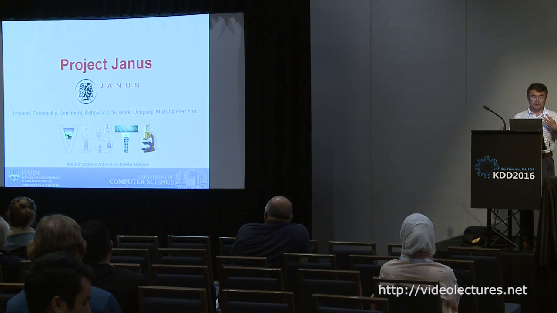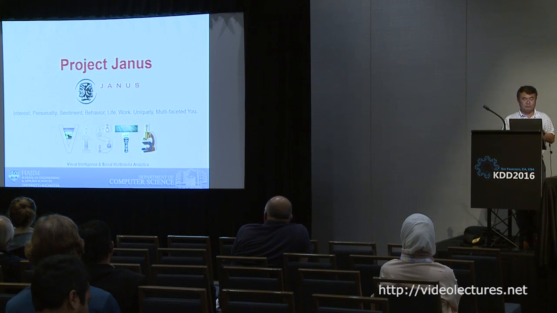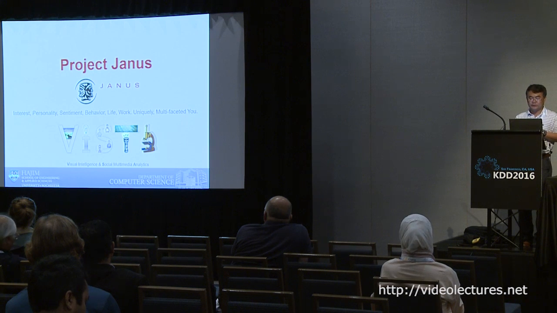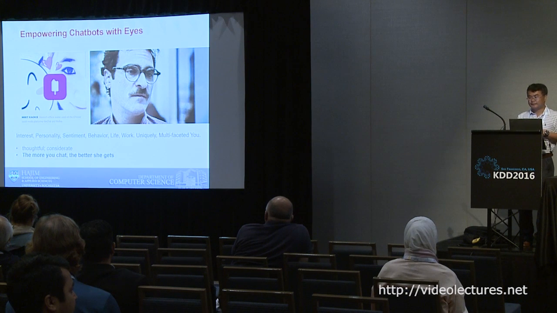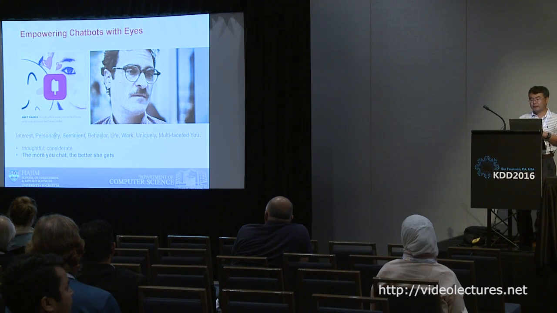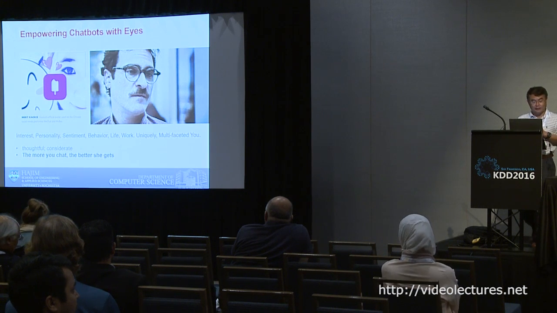We are doing lots of things that are related to users, starting from user interest, personality, sentiment, and so on and so forth. We actually want to lump all this into something called project Janus. This is internal code for the research. So who's Janus? Janus is this god that has 2 faces. We use that to symbolize many aspects of the same person, so we can know more and more about a user. Why do we want to do that? Obviously, targeted advertising is the first thing that comes to mind.